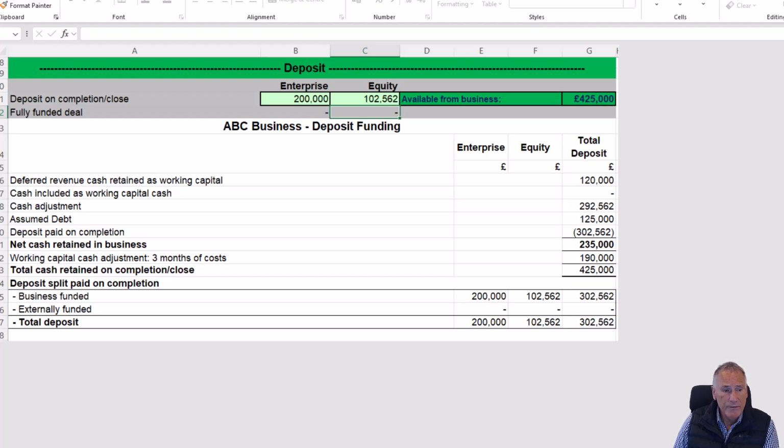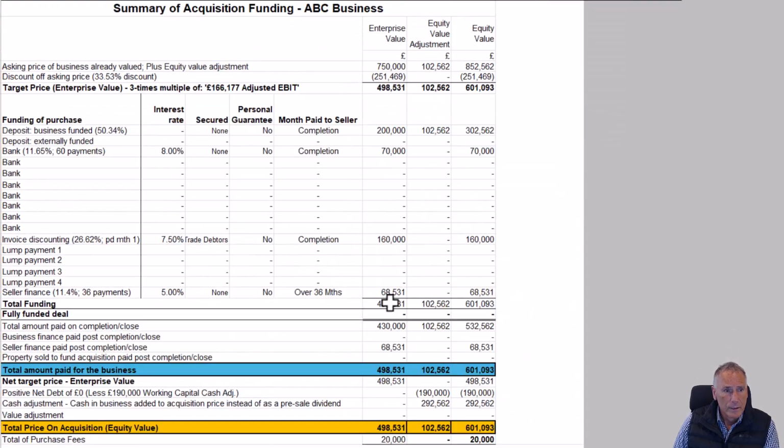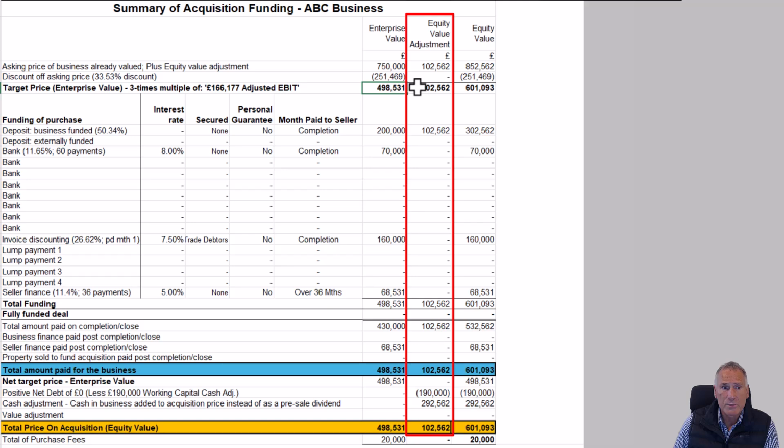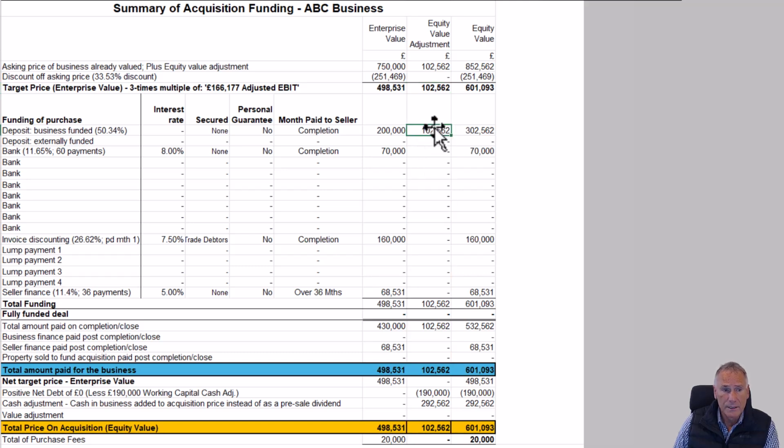So in terms of the financing, we are still fully financed because the target price hasn't changed, because we haven't adjusted that. But what we've done is we've reduced the equity value adjustment by £190,000. So I just reduced the amount of deposit required. If, for example, the owner didn't want any seller financing, I wouldn't recommend that because you need to hold some money back. In fact, I would feel uncomfortable just holding back £68,000, but I've just used this for